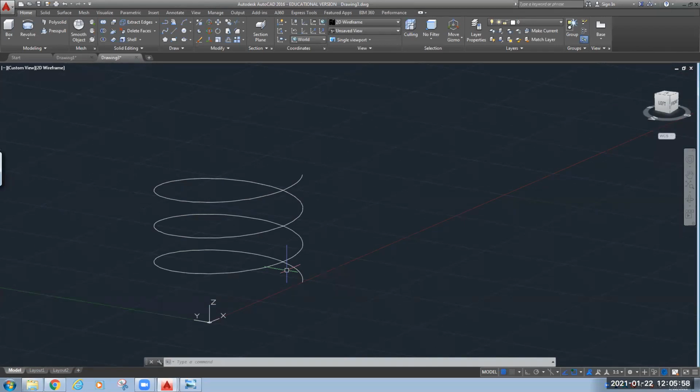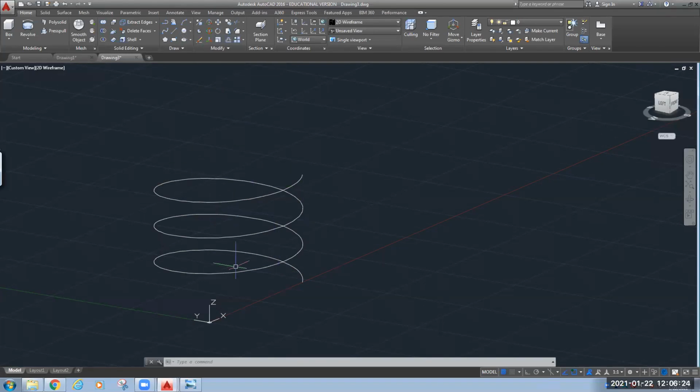Let me see how many of you are listening actively. Okay, that's good. So we will use the sweep command.